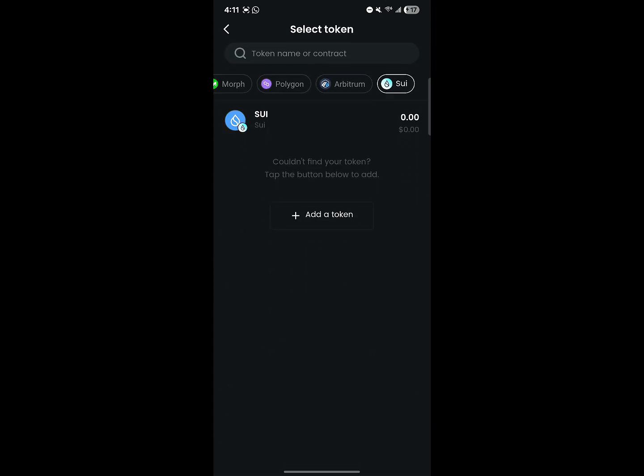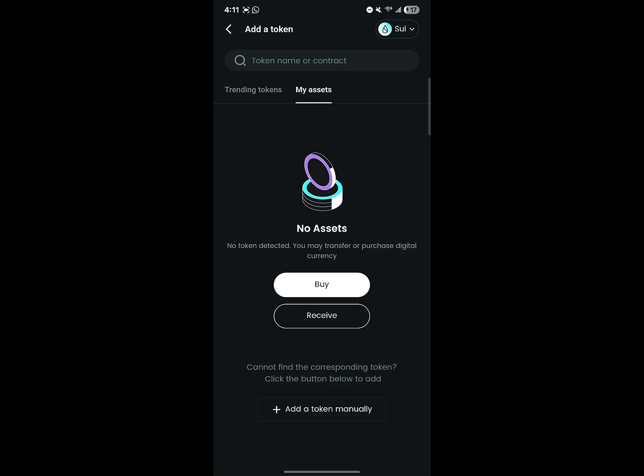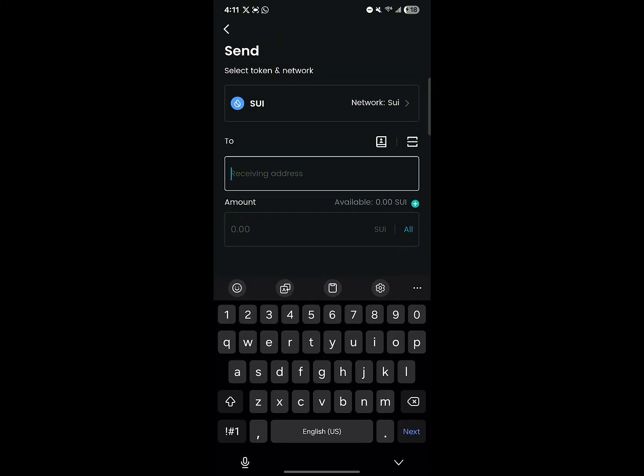So you can select the network you'd like to send in. If you don't have tokens, you can go ahead and click on add a token and basically add some tokens, or click on my assets, and you can easily purchase or share your assets. All right, so with the token we have here being SUI, all you need to do is just basically provide